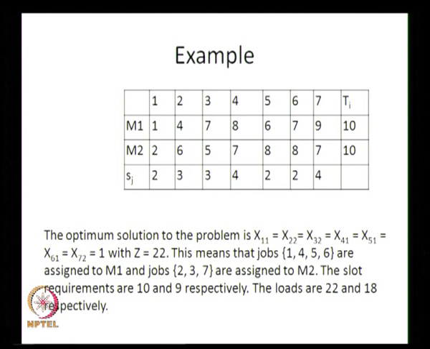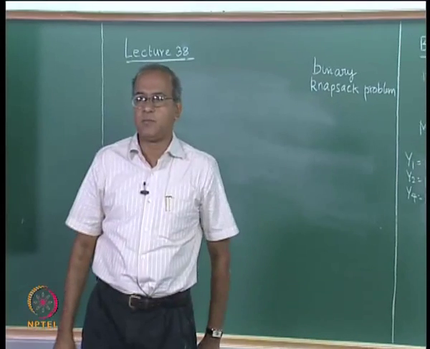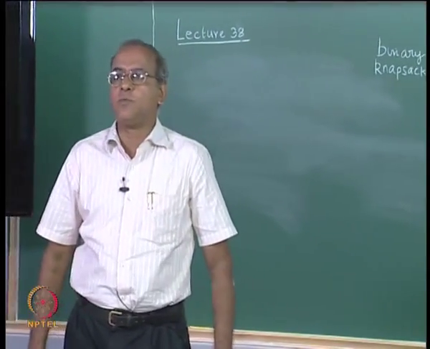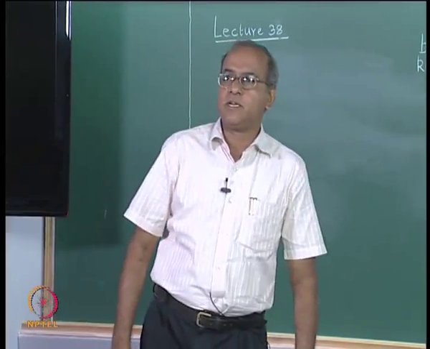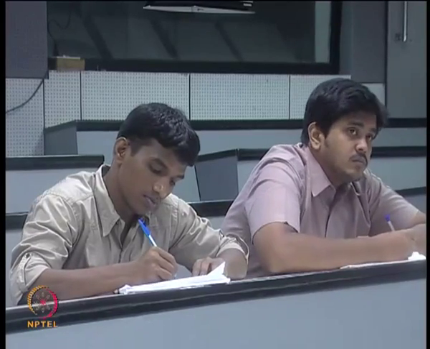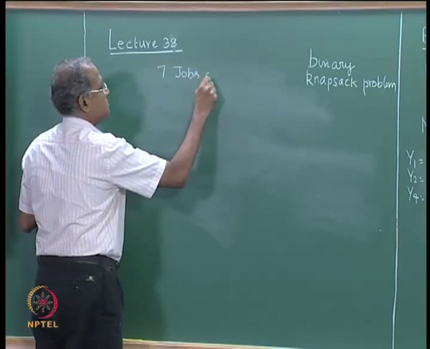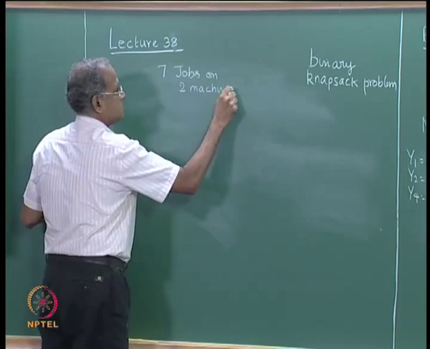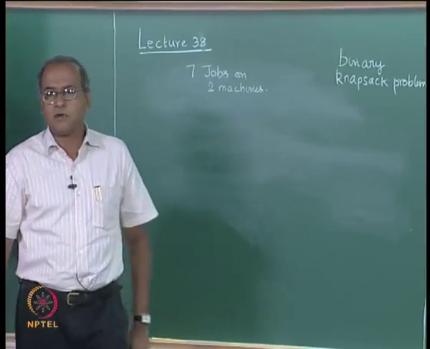Now, this example is for the machine loading problem. Here we assume that we have done the machine grouping problem, which was one of the production planning problems listed. So, the machines are grouped together and there are 2 machines. Now, there are 2 machines and we have to load 7 jobs on 2 machines.